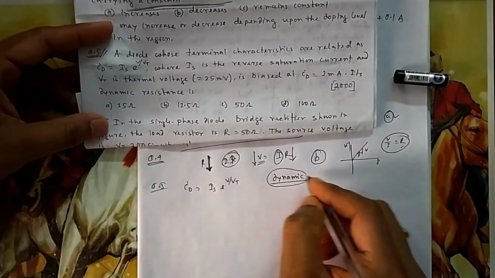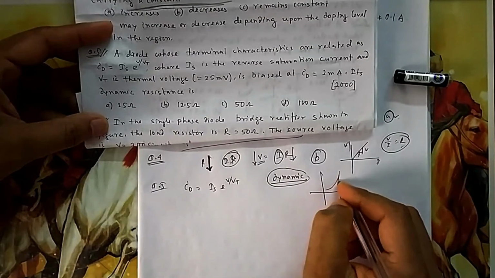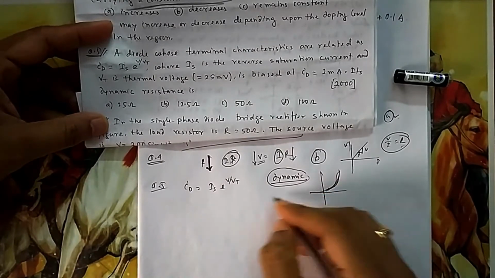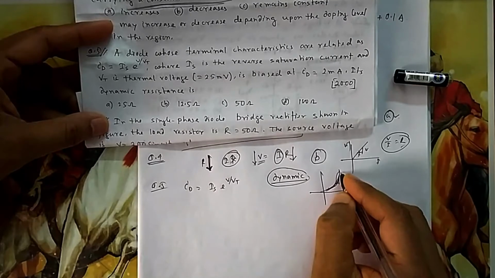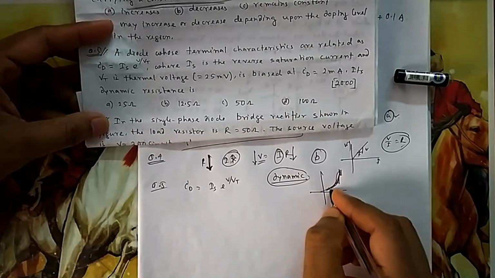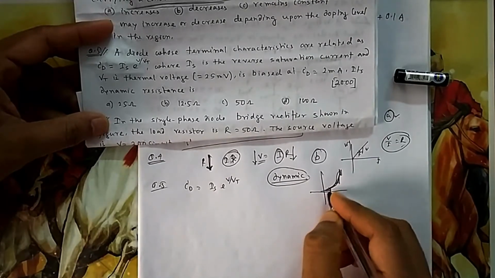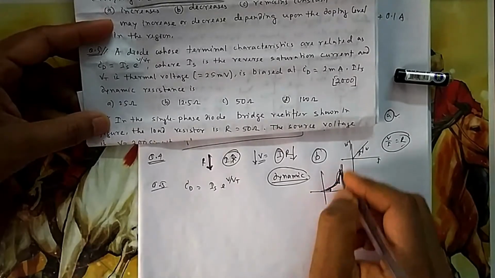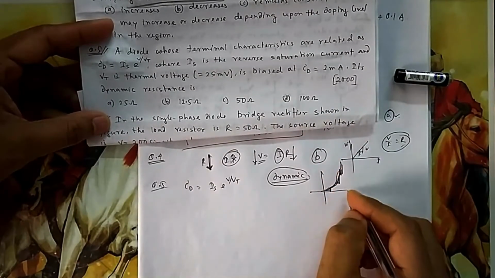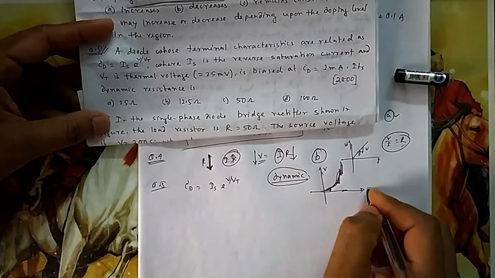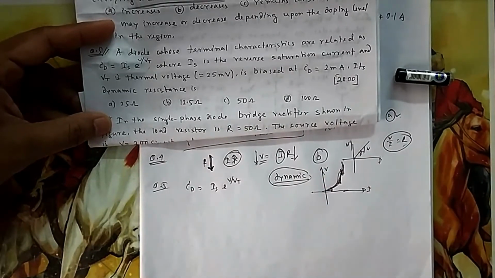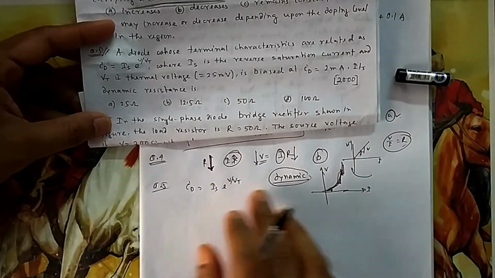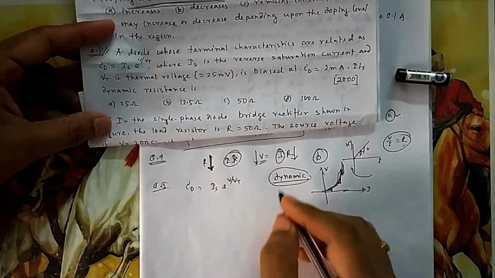So that's why it is known as dynamic resistance, because this slope is continuously changing. It is a curve, because it is exponential. So here the slope and here the slope will be different, and here the slope will be very small because it is flat. And as we increase, the slope will be very high, because here it is a very sharp, sudden change. So if I draw the VI characteristics, it can be reverse also, whatever. So that's why the name dynamic came, because the resistance is continuously changing.